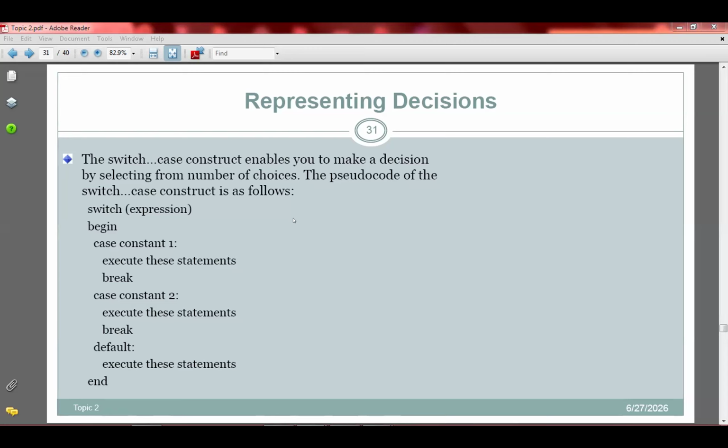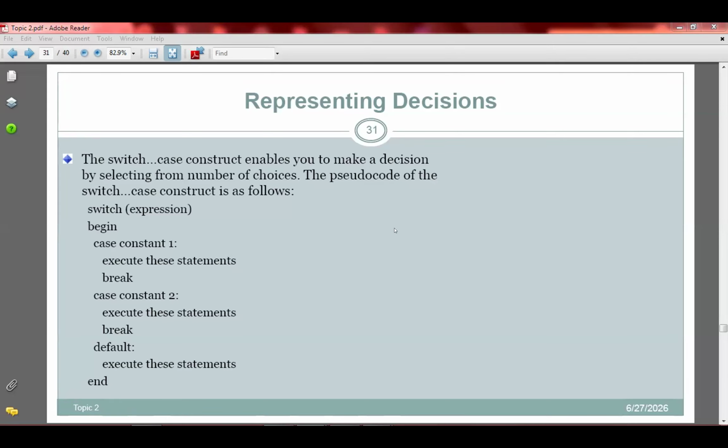And then we have the switch case. With the switch case, you have alternatives, more than two alternatives. So you may have a list of options, and then you may ask the computer, based on the selection of one option, whatever comes under it is executed. So we use the switch case to create what is referred to as a menu program. The switch case is used to create a menu program. So these are the decision constructs, or the selection constructs.